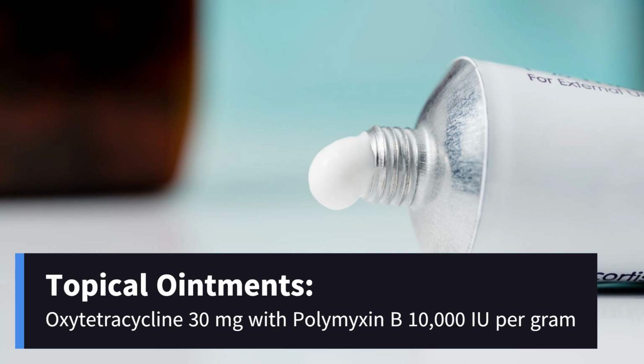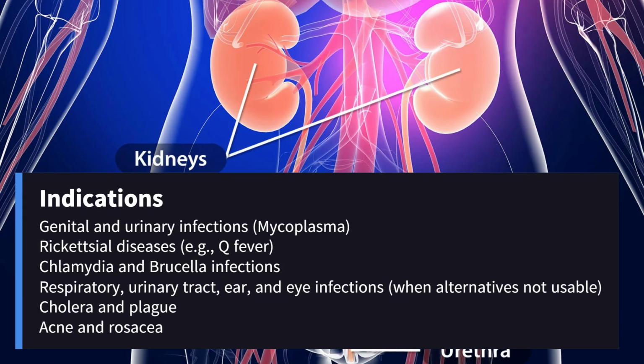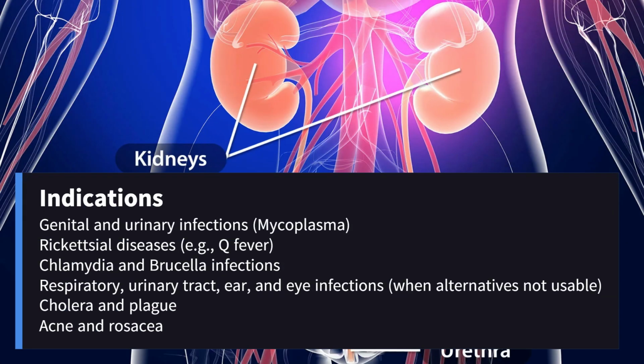2. Indications and contraindications of oxytetracycline. 2.1. Indications. Due to the increasing prevalence of antibiotic resistance, the use of oxytetracycline has become more selective. It is now reserved for treating infections caused by pathogens that remain sensitive to this antibiotic, particularly when other options are not suitable. Oxytetracycline is indicated in the treatment of genital and urinary tract infections caused by Mycoplasma species, rickettsial